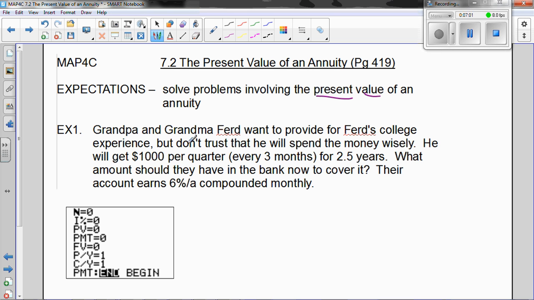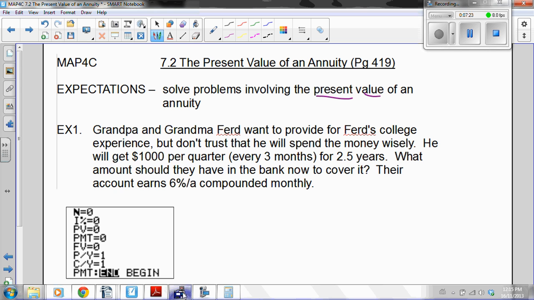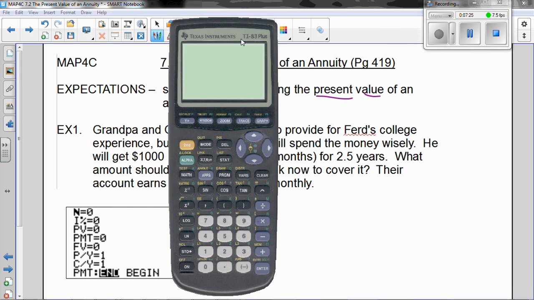So the idea is Grandma and Grandpa Ferd want to put a pile of money in the bank and have this set up so that Ferd in college will withdraw $1,000, and then at the end of the 2.5 years, the account will be empty. What amount should they have in the bank now? Well, notice when I go to the graphing calculator, what I want to find,